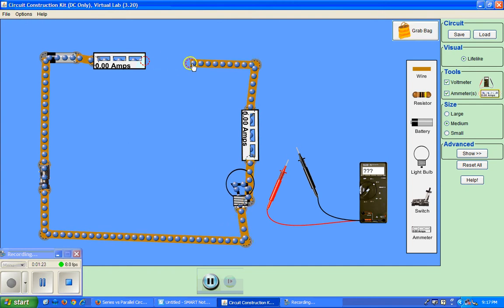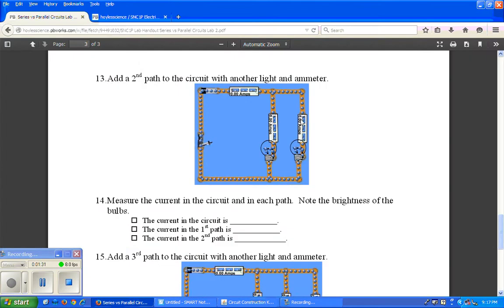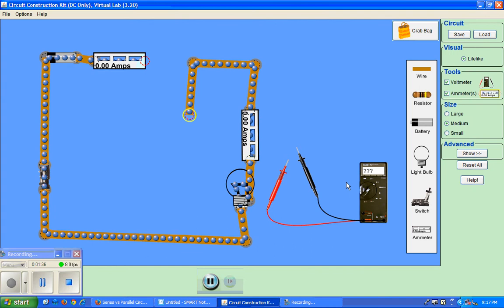All right. So we'll add another pathway here, and I'm going to go back and just check that. So we need ammeter, then light, and then back down to the bottom of the circuit. So let's take an ammeter and put that in there. Just shift it up just a little bit. Add another